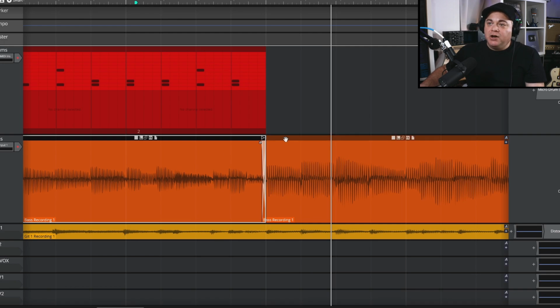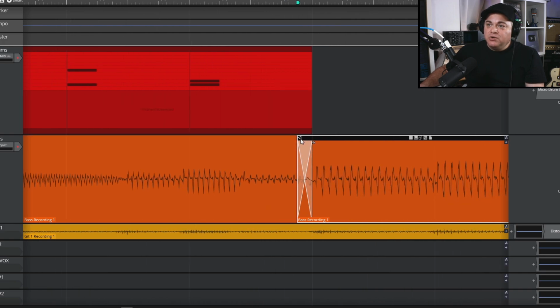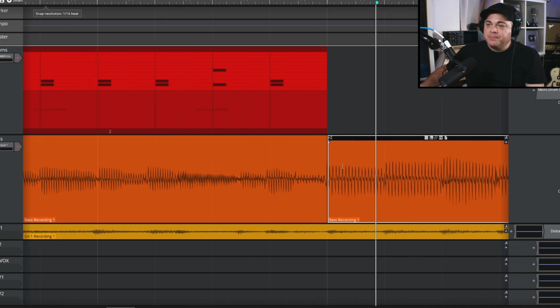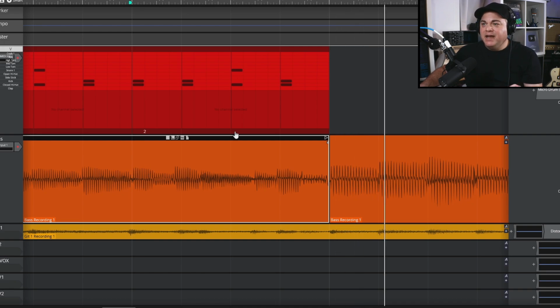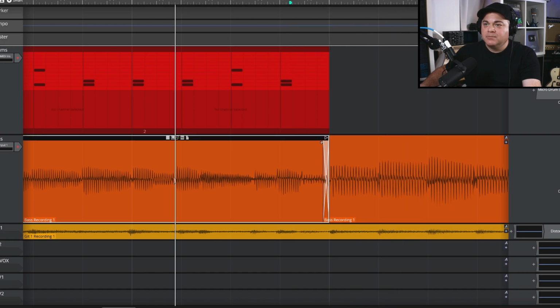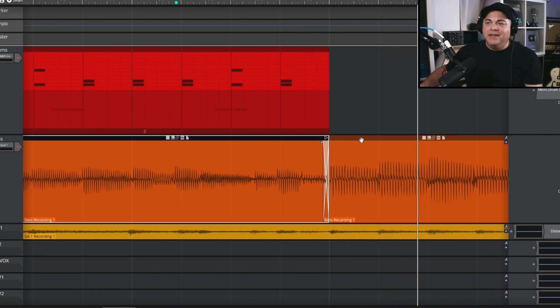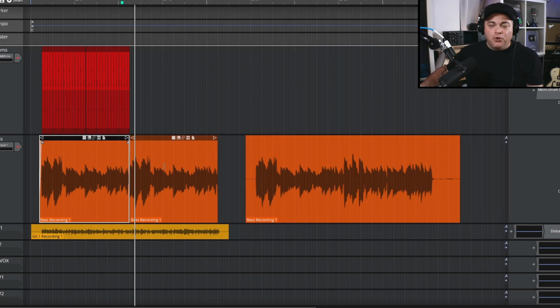Really not noticeable at all like that when you do the crossfade like that. And having it like that instead of just, let's see, we'll go here. Take the fade off altogether. You can hear there's a little click in there. So we want to put that crossfade in. It avoids that click and things just flow smoothly. So that's a way that we can easily clean up our audio clips and start to form our song,